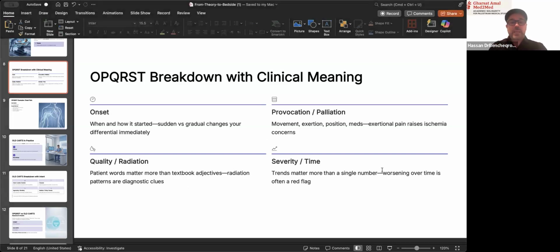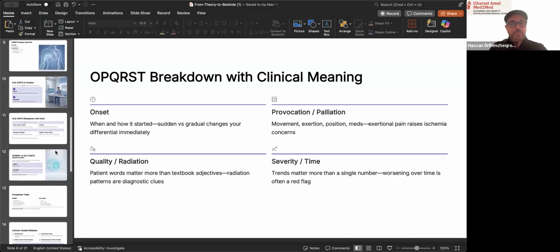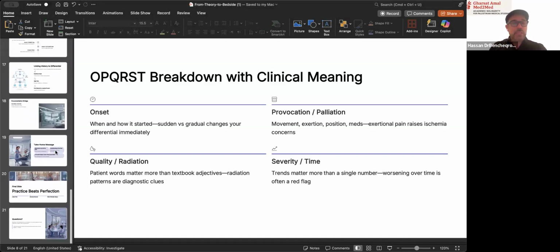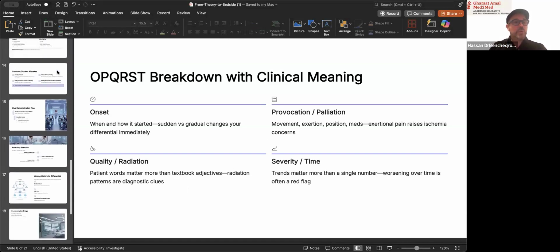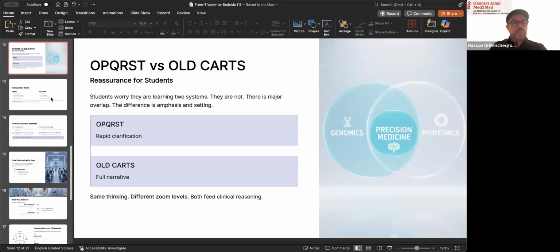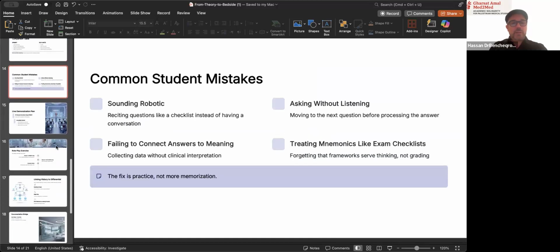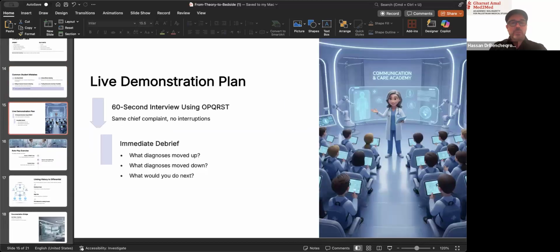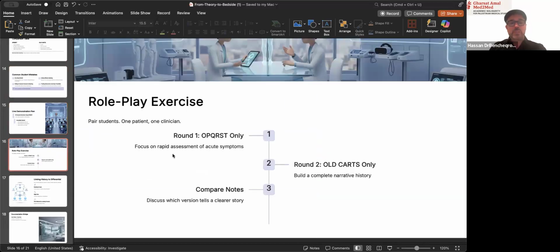So thank you for helping me demonstrate. It sounds easy, but it's not. It's hard, it's just that it's different in our head versus in reality. And that's actually what we're doing, right? Between theory and practice. So we did the common pitfalls and learning how to do it best. We did a live demonstration. We did a role play right now.